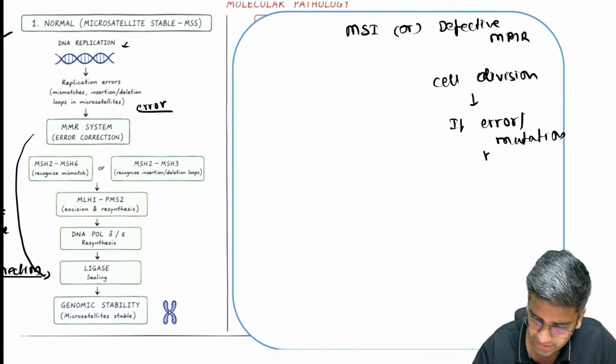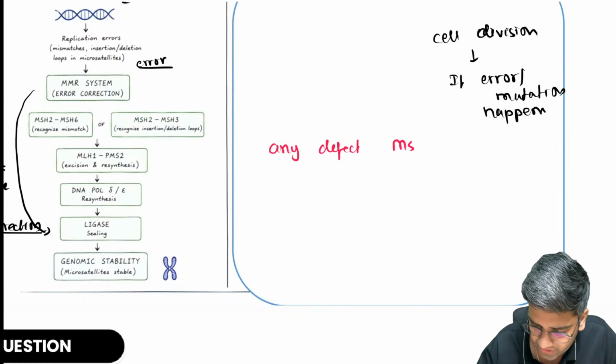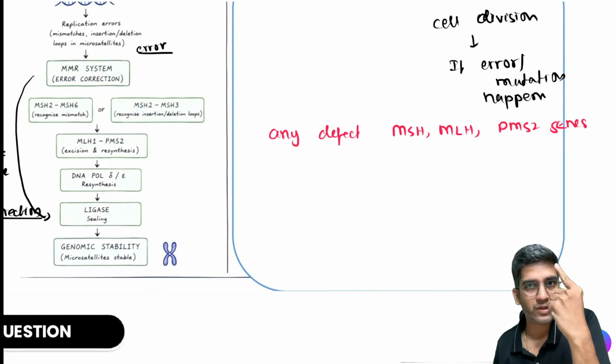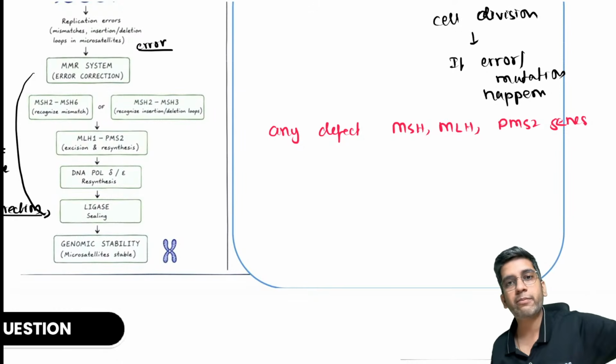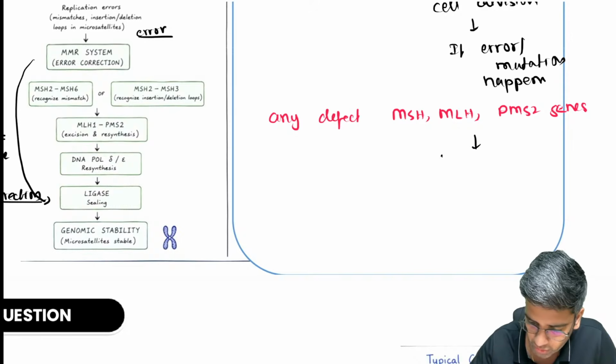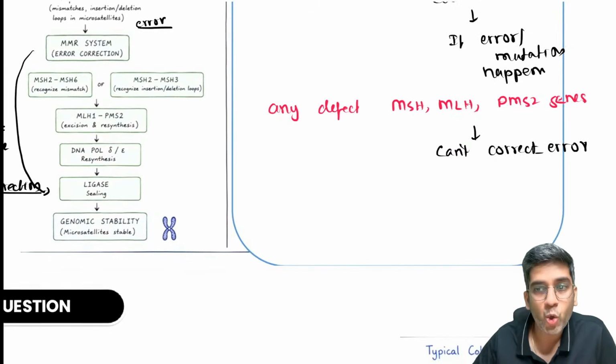Once a mutation happens, because of any gene mutation, any defect in the MSH genes, MLH genes, or PMS2 gene, it need not be a defect in all of them. Even one is enough for me, right? If one is gone also, the entire mechanism is going to fall out, right? So you can't correct the errors. When you can't correct the errors over a period of time,